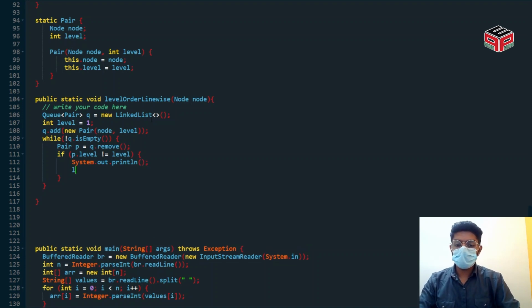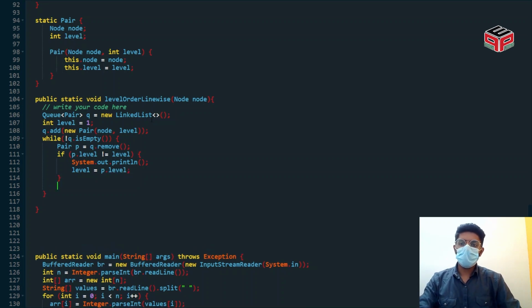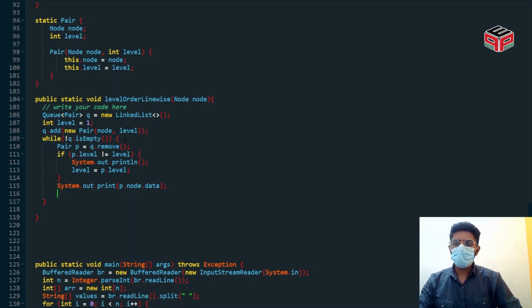We'll be updating our level variable, and after that we'll be printing. After removal, we have this print step, system dot out dot print p dot node dot data, and after that we'll be adding children, for node child in p dot node dot children,